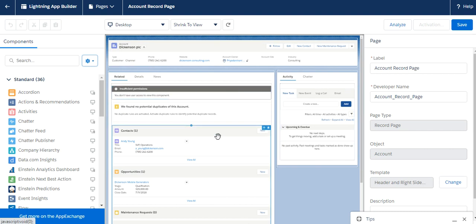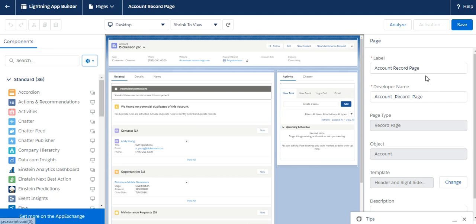Whenever we create any page using the App Builder, it provides us templates. We will talk about templates when we create a new page. We have some templates so that we can divide our page into different regions. So we talked about the canvas.